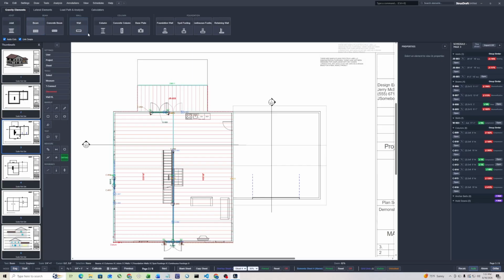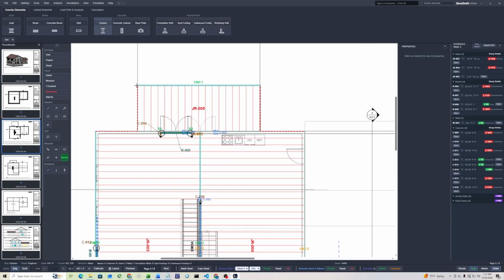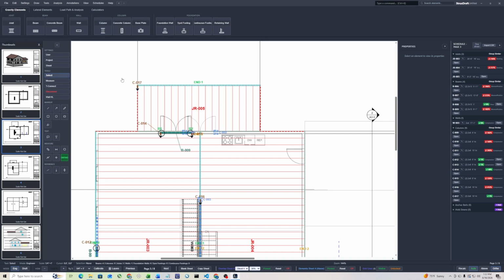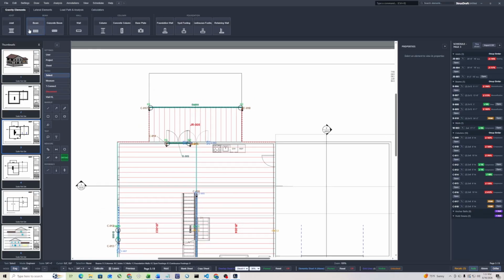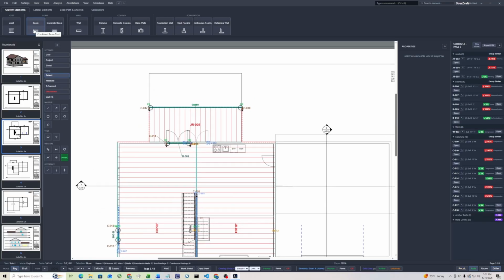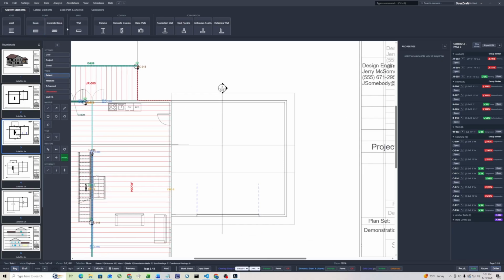And let's do a beam. Some columns. Okay. Let's do our